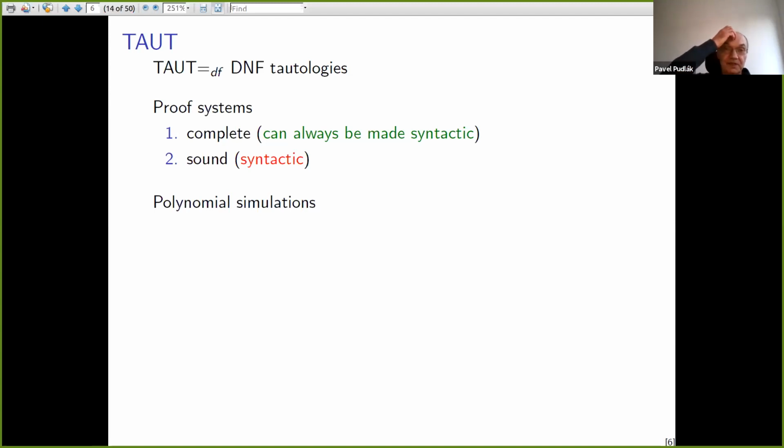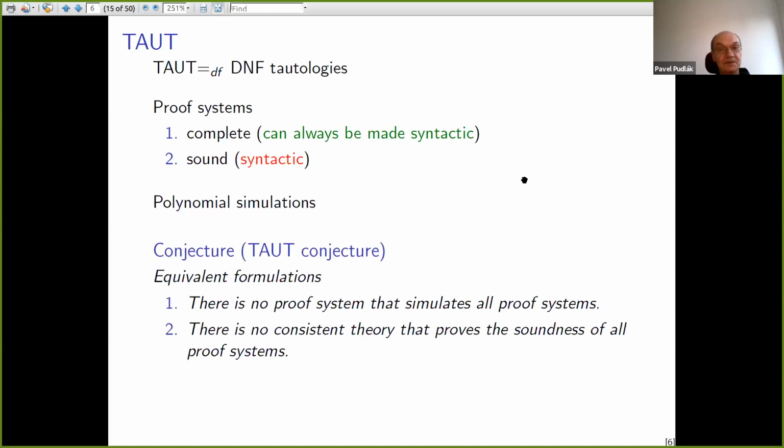And then we have polynomial simulations. I'll not define them because we know this very well: if you have one proof system and the other proof system simulates this proof system, it means that you can simulate the proofs of one system in the other. So there is a polynomial time function that translates proofs from one system into the other. And the conjecture is that this condition of soundness is indeed semantic, that we cannot prove it easily, which means that there is no consistent theory that proves the soundness of all proof systems. So this may be one possible statement of this conjecture,